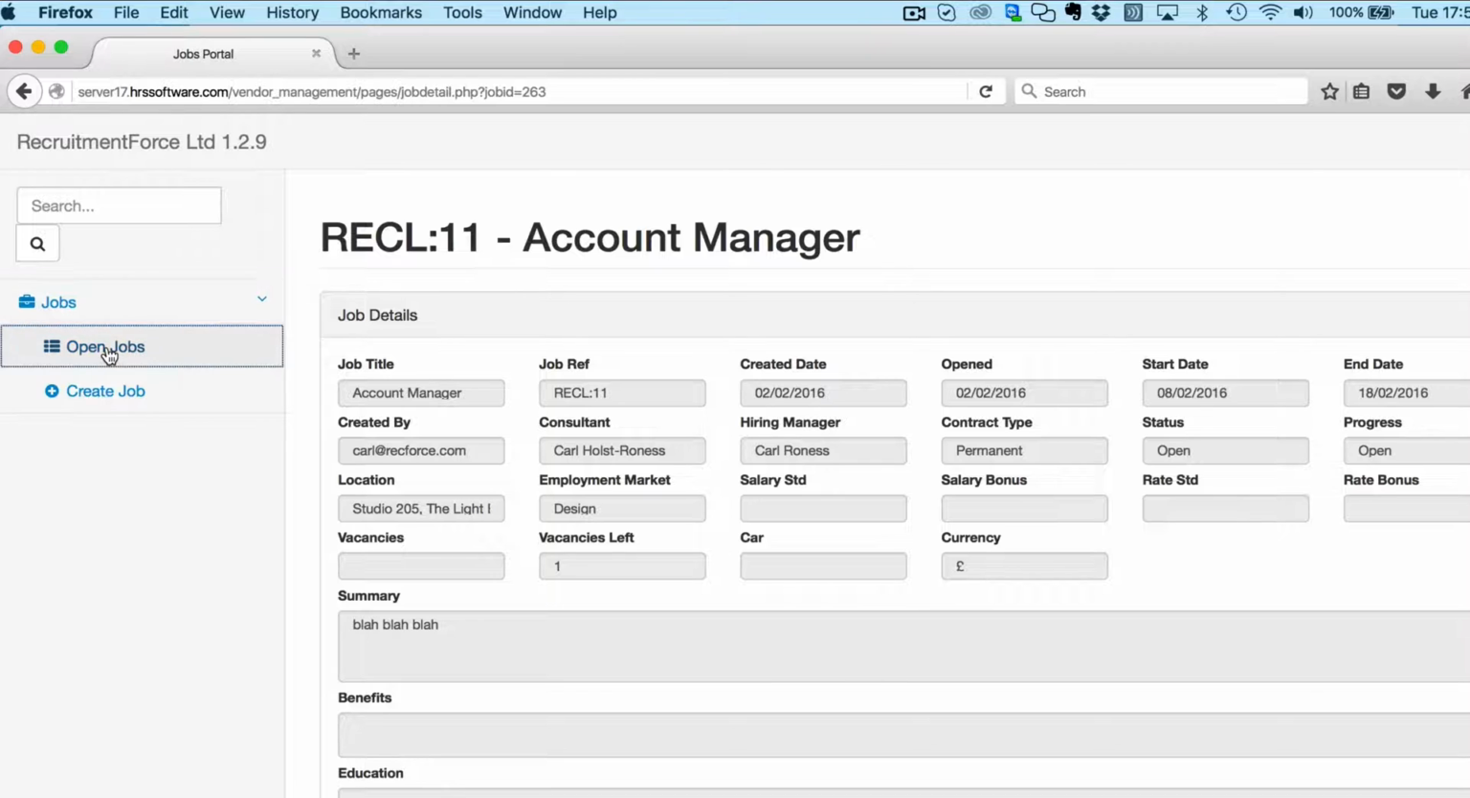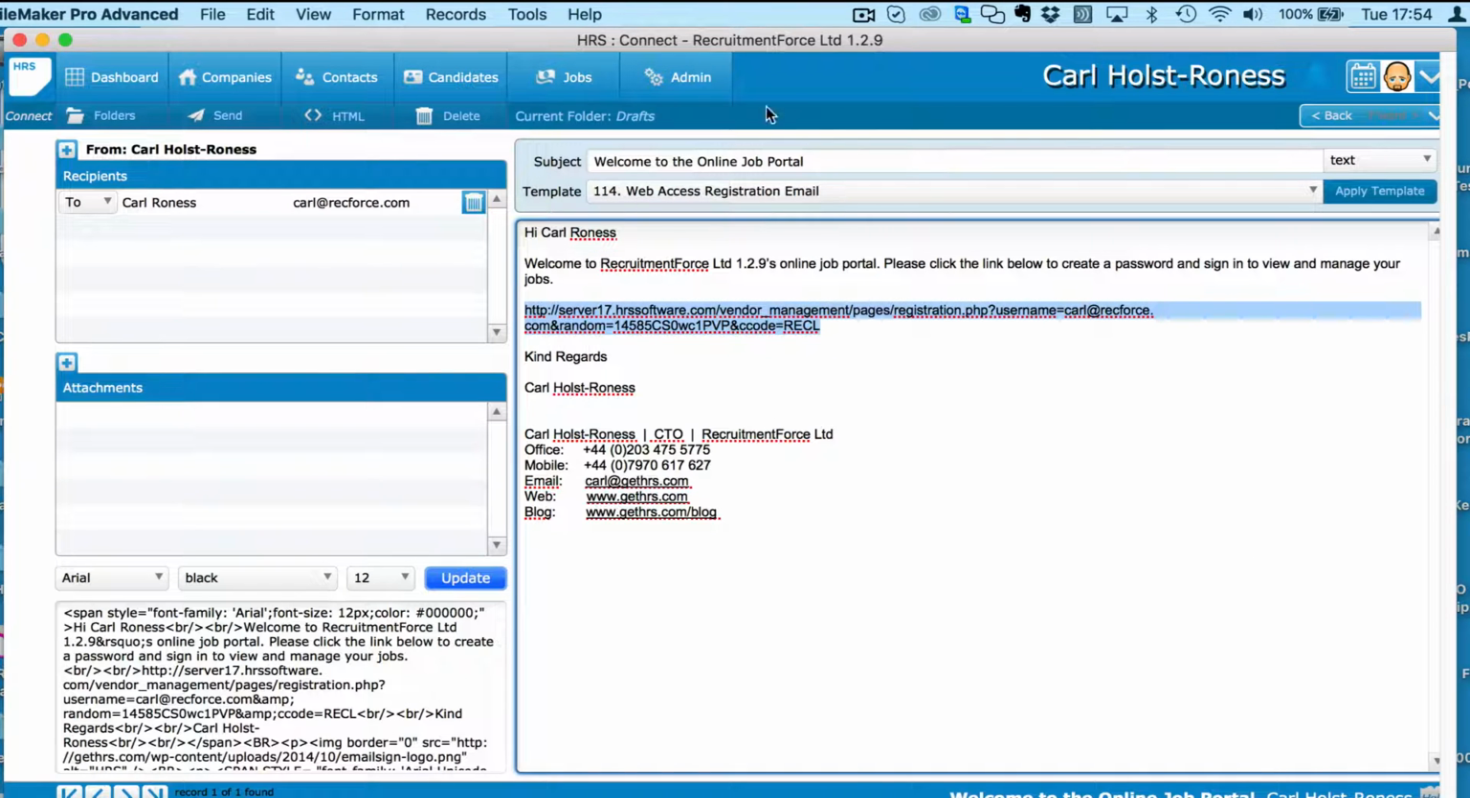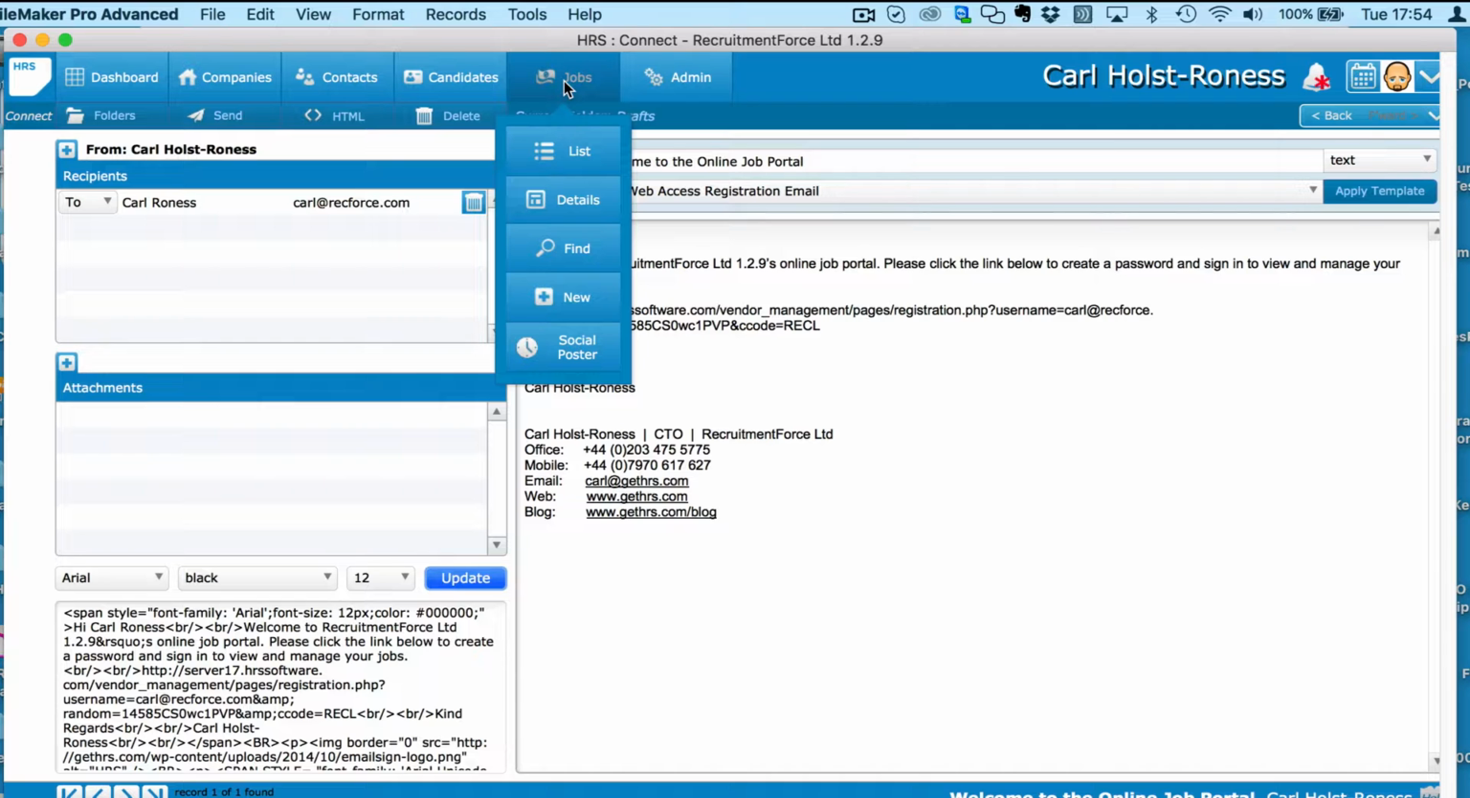Go back to a job list, and you'll see that that job is there, the account manager job. So we've just created that job. It is there and ready to go. And back in HRS, if we go back to our job list,